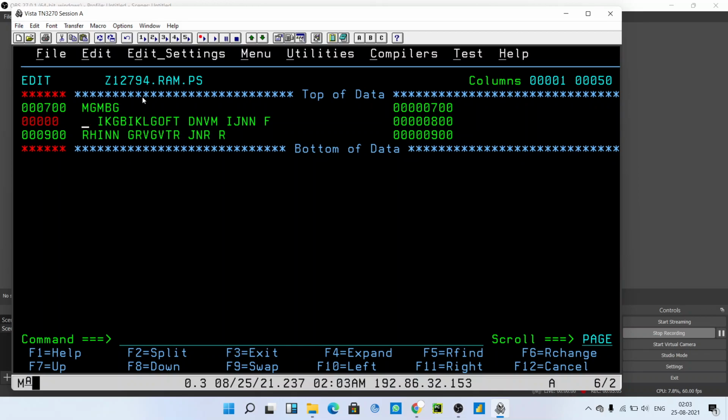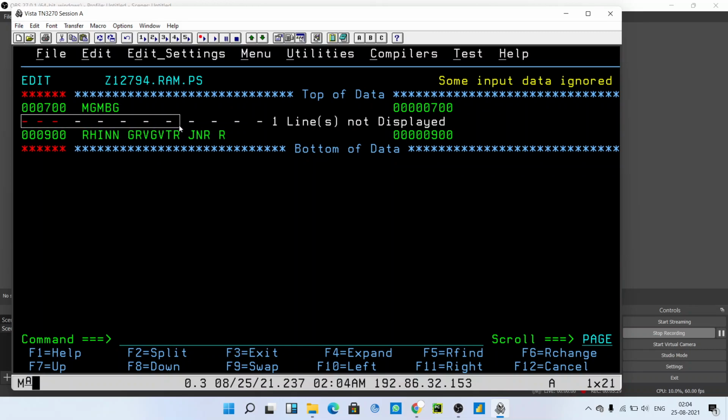Now we are going to see the next command. My next command is how to hide a line. If I want to hide this second line, I can type x in the sequential region, and if I press enter, you can see this dash dash is coming.